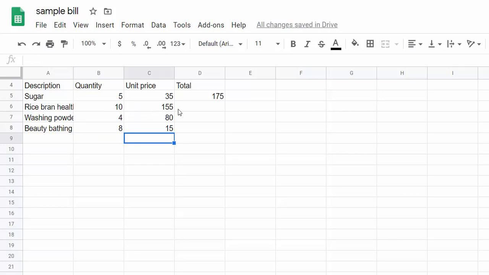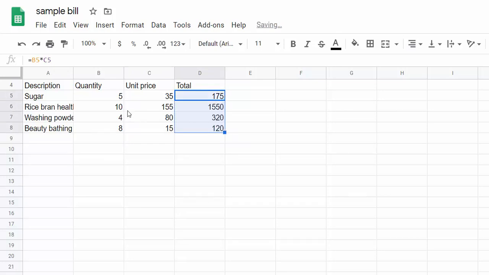So instead of manually calculating this or instead of writing formula everywhere, we can either double click on this or drag. So you can see calculation is done for you and formula is B6 into C6. Here it is B7 into C7 and B8 into C8.